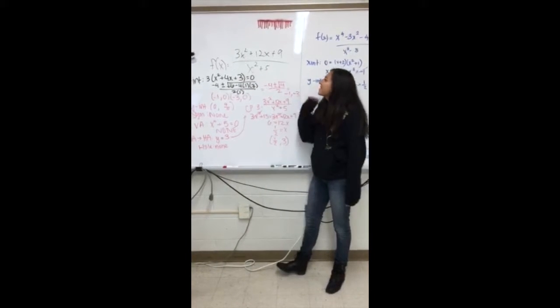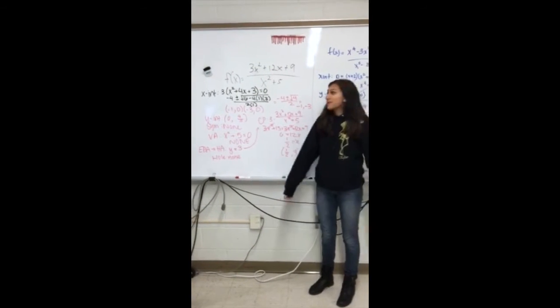Okay, the function is 3x squared plus 12x plus 9 over x squared plus 5. So first,